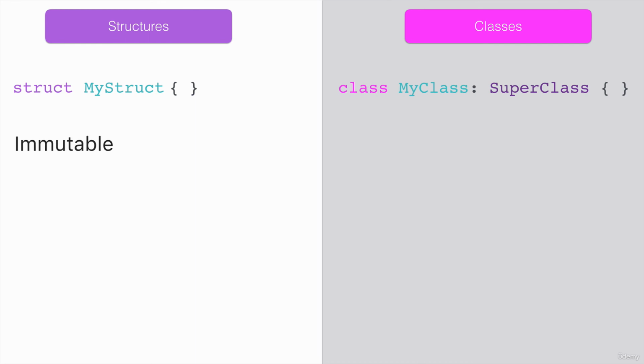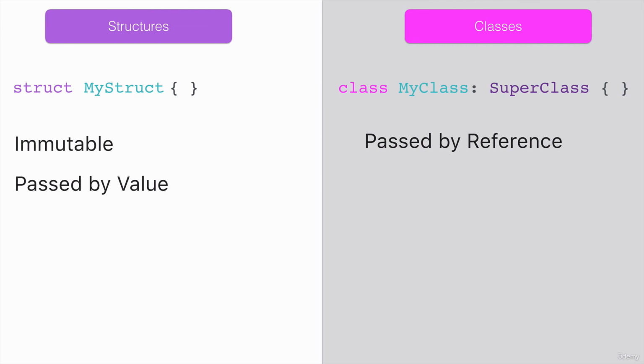Structures are immutable, meaning that every change that you make to the structure involves destroying the old copy and creating a new one. In addition, we saw how structures are passed by value. So it's passed around by the actual value that's held. Now, in comparison, classes are passed by reference, meaning that we can have more than one variable that points to the same object, and we're simply passing around the reference to that same object. In addition, classes have the ability to inherit from other classes. This means that we can use inheritance to add additional functionality to subclasses, as we saw with the components of